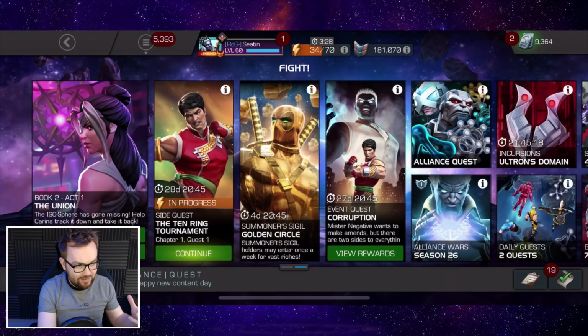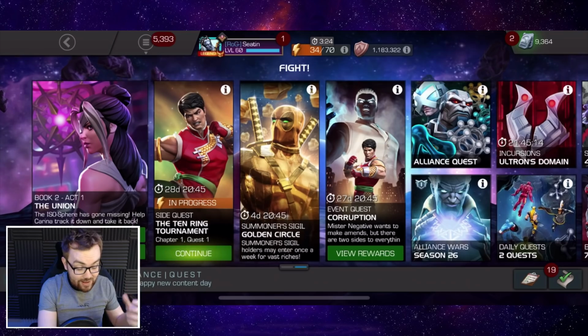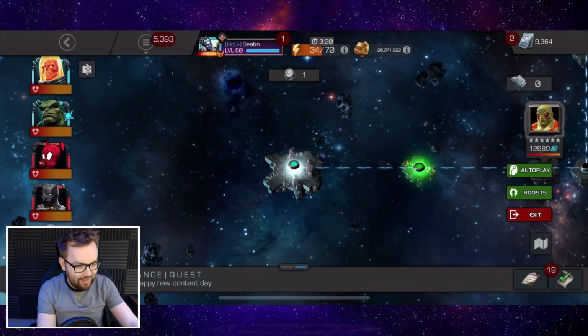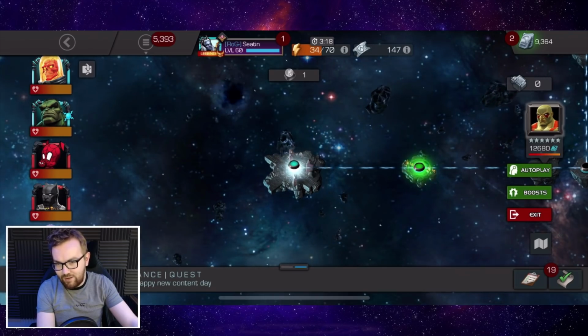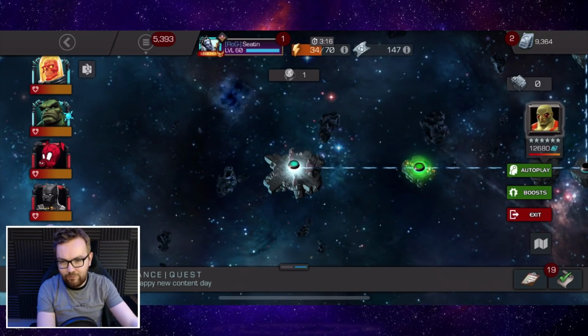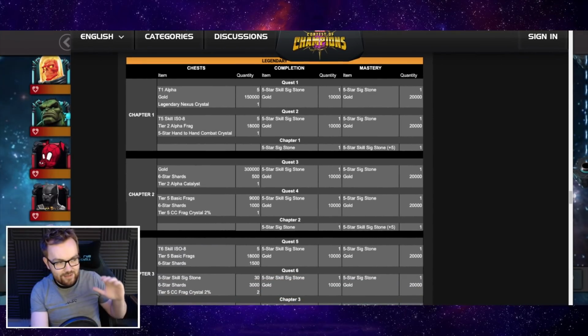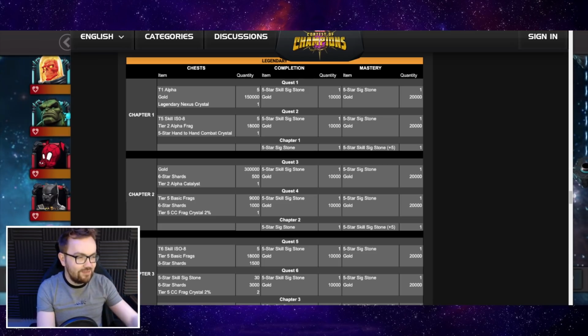You've got treasure chests in the side event and they have corresponding rewards. There's actually some really good stuff in them. I believe in quest number 2, which we can already access, there's a 5-star hero crystal on legendary difficulty for this month's champion pool. This is essentially the 5-star hand-to-hand combat crystal, so we're going to try and find this one in this video,